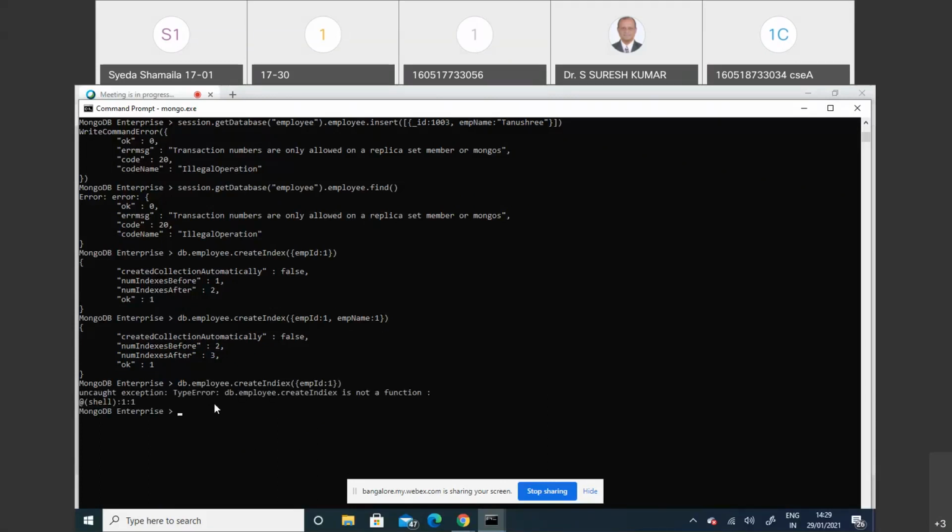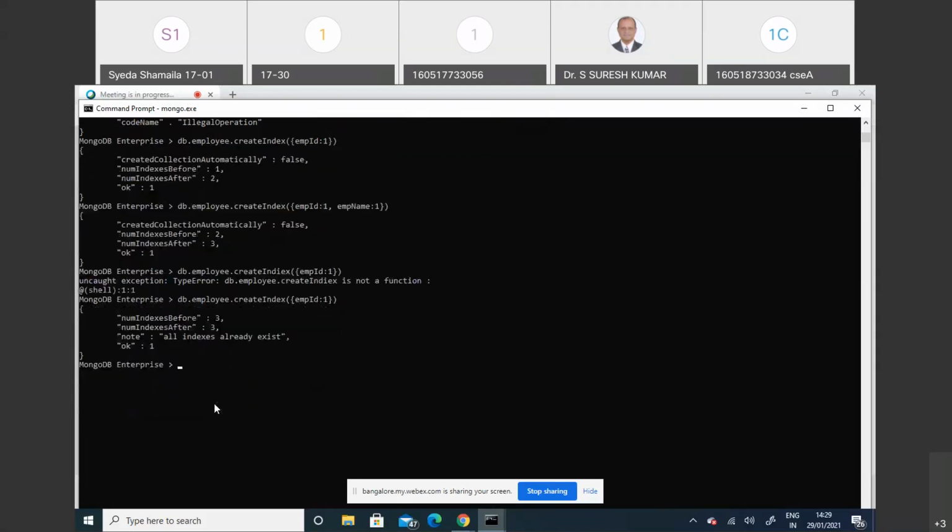That's it. Oh, wait, I misspelled index. Okay, index. That's it, the index already exists. Fine, we have done this. Now this index we have created can be arranged in ascending or descending order after sorting. Let's do one thing. We will arrange it in descending order, for which I'll say db.employee.find